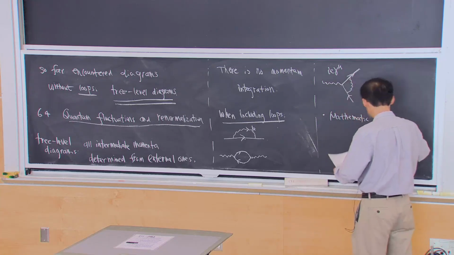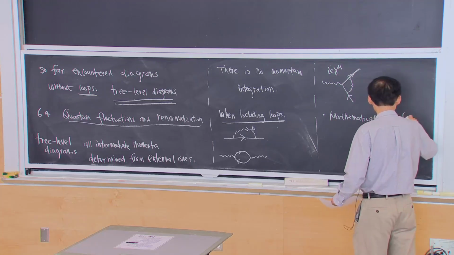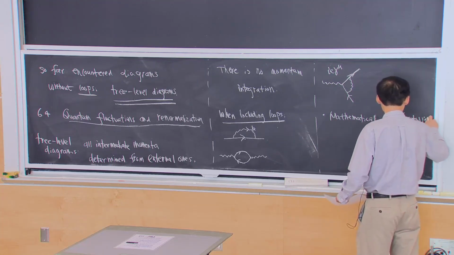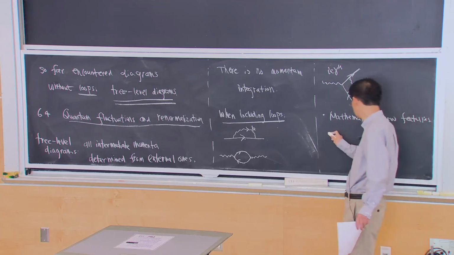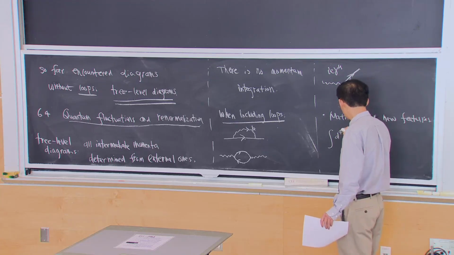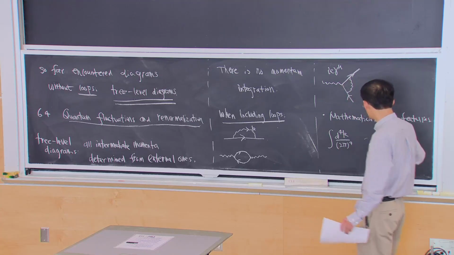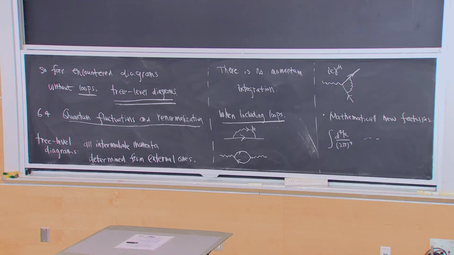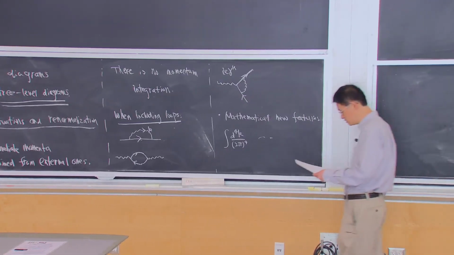So mathematically, the loop diagram requires you to integrate over the internal momentum. Now you have a free momentum to integrate. This may look like just a small detail, but actually it turns out to be a very big deal,